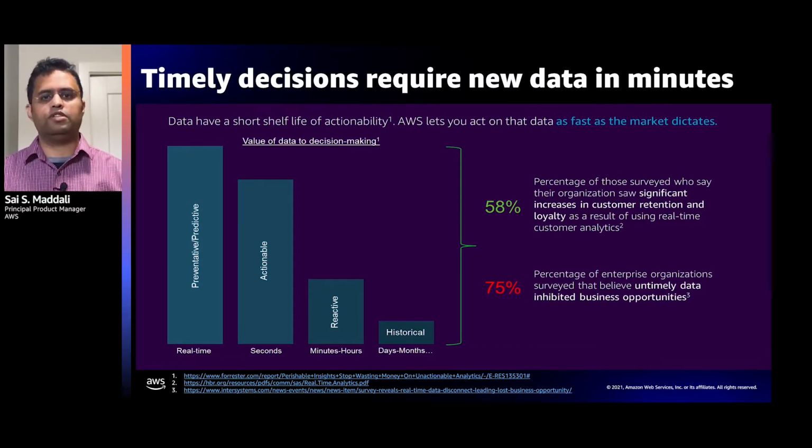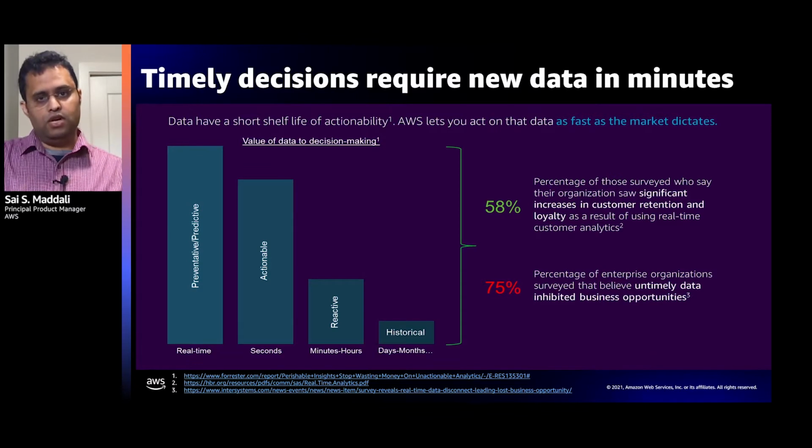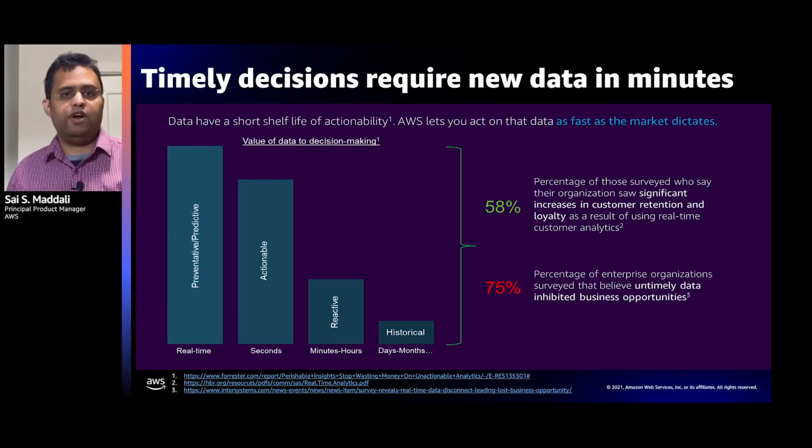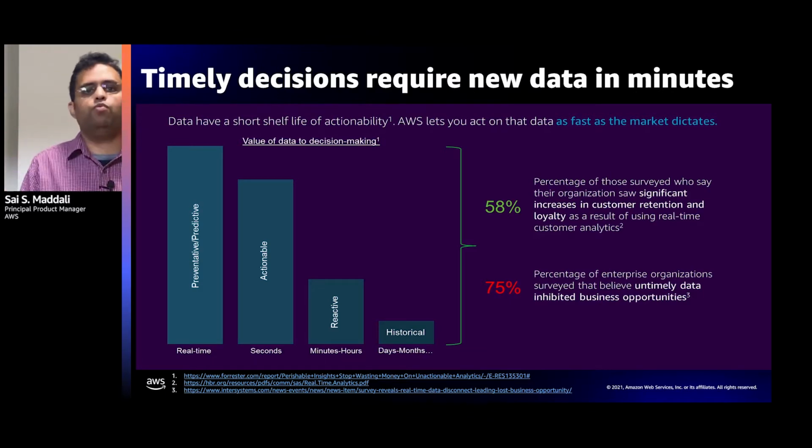Say you're an e-commerce company a decade back and you want to provide discount coupons to your loyal customers. Now, a decade back, the way you would do that is you would capture all the data in your transactional systems. At the end of the day, or maybe sometimes at the end of the week, you would run an ETL job that would extract this data, transform it, and then load it into a data warehouse. And then you would run a report that will identify who your loyal customers are. And then you send them a coupon over email, hoping that they would open that email and then obviously get value out of it.